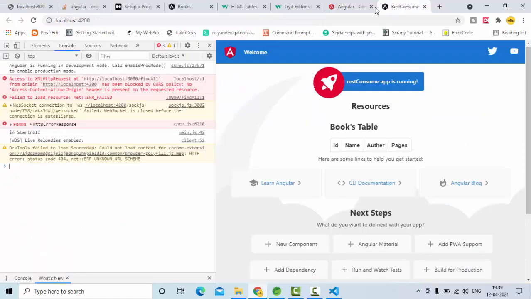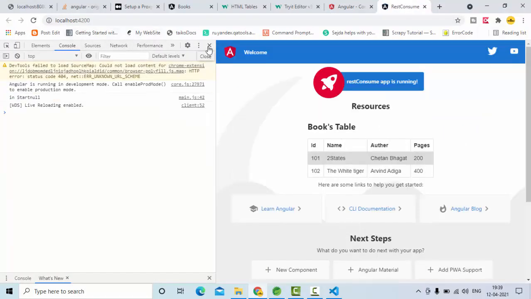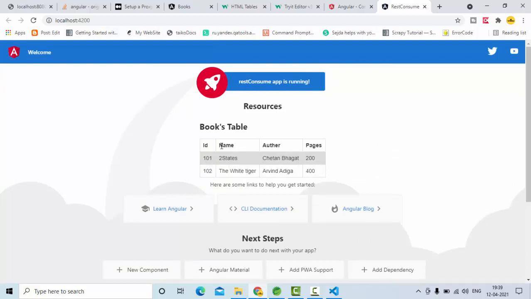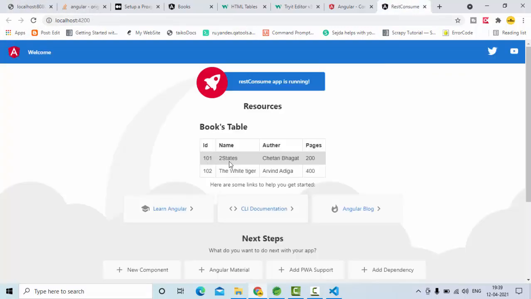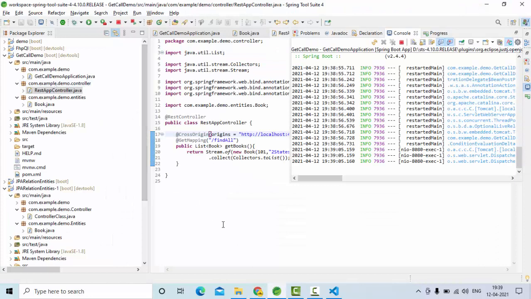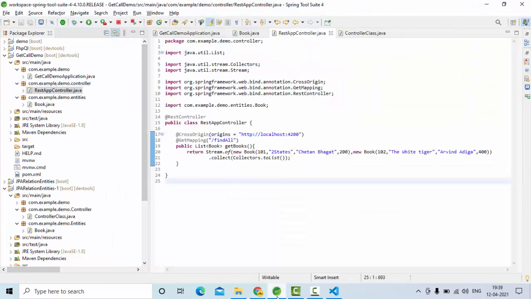Now if you see here, if I restart this, we got it, two records, one for the book name Chetan Bhagat, other for the book name The White Tiger. Okay, so this is how we can develop our REST call with the help of Spring Boot REST controller, and